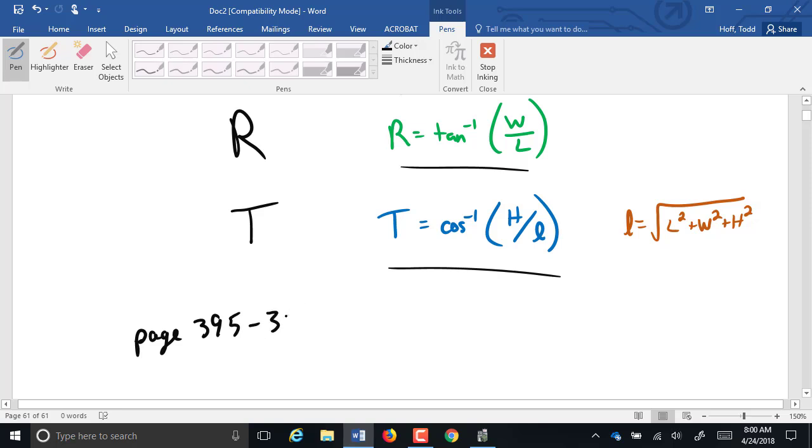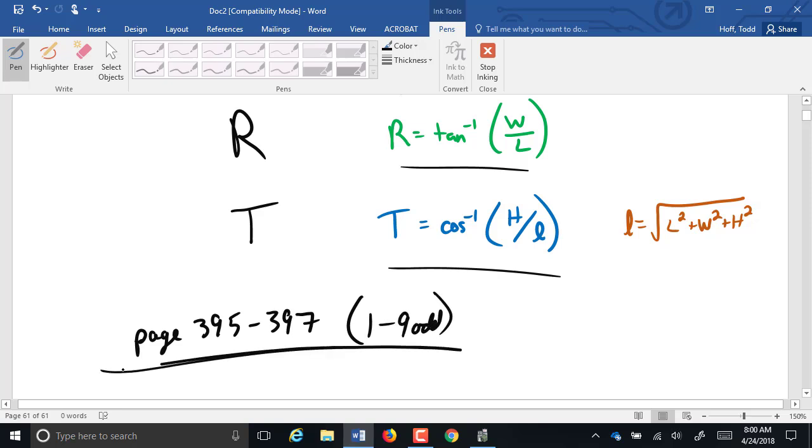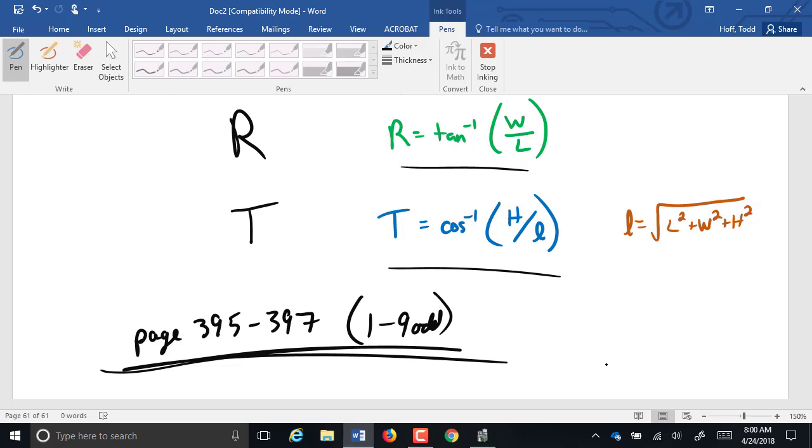In your packet, pages 395 to 397, 1 through 9, the odd. There's 5 problems in there for you to work on. Finding those angles of rotation and tilt and length of